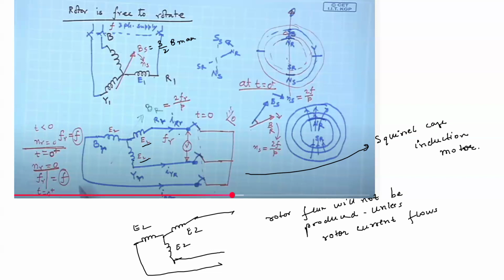Right. So what happens is that, first of all, because of this rotating magnetic field, you will have a north and south pole. Let us say this is the north and south pole of the stator corresponding to that rotating magnetic field. Now, because of